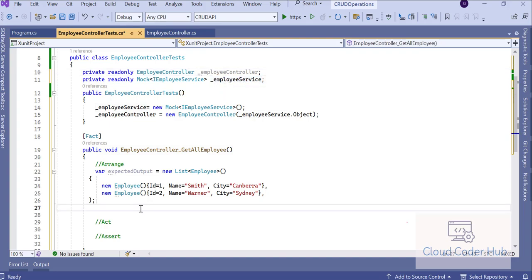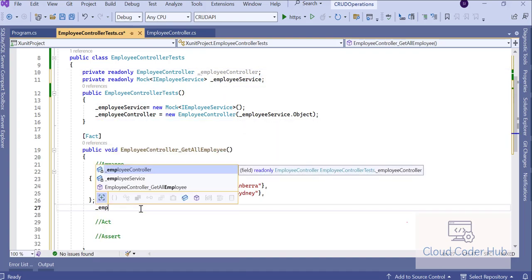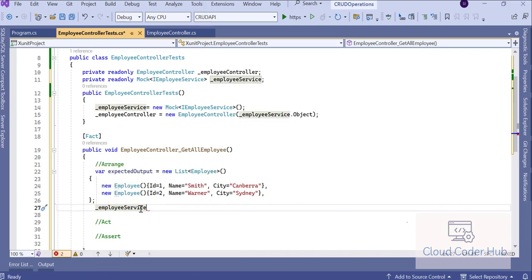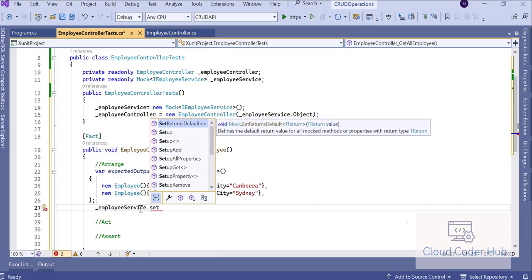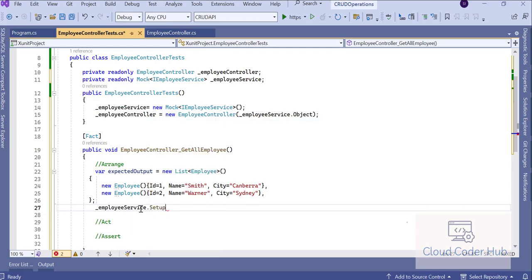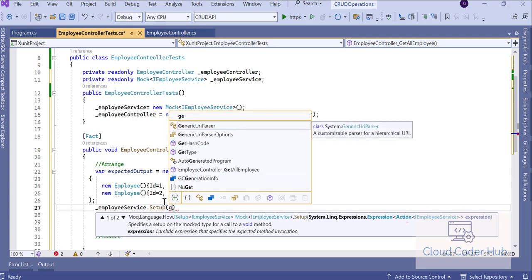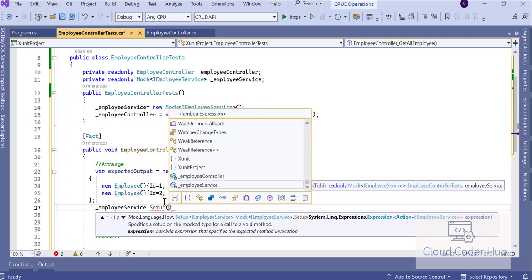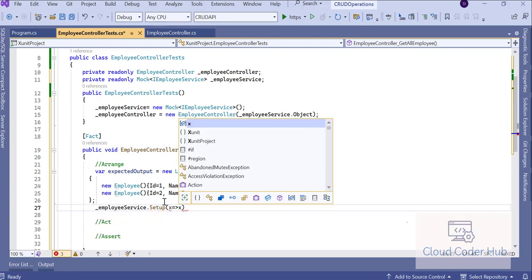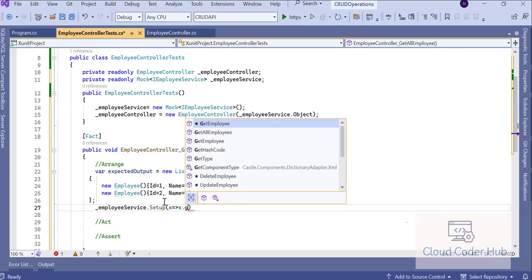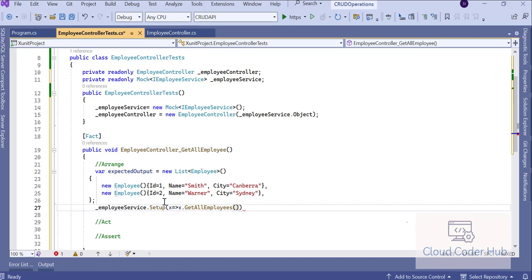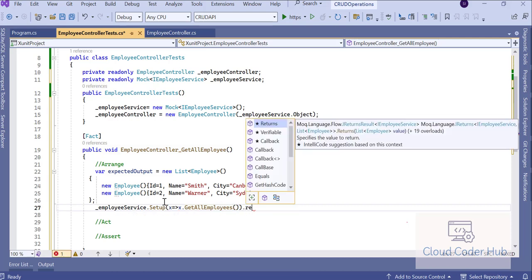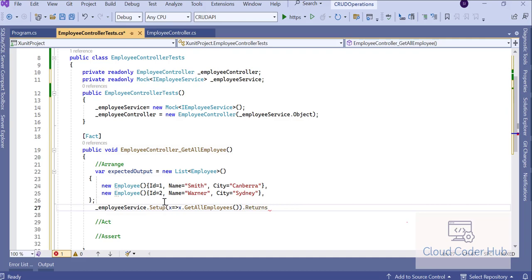So underscore employee service dot setup, get all employees. Okay, here returns